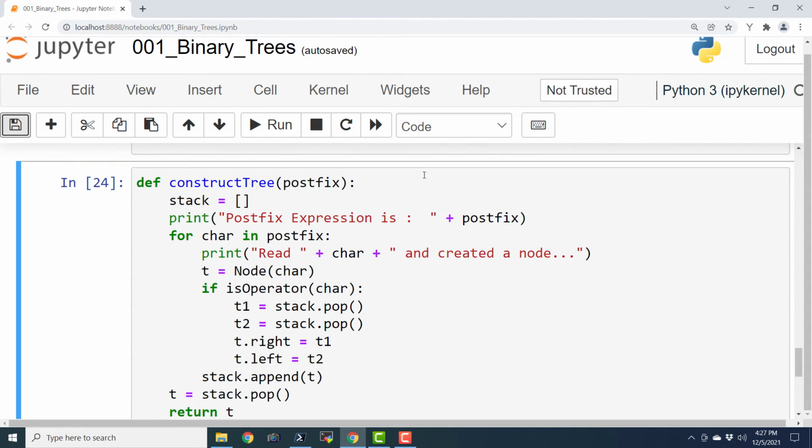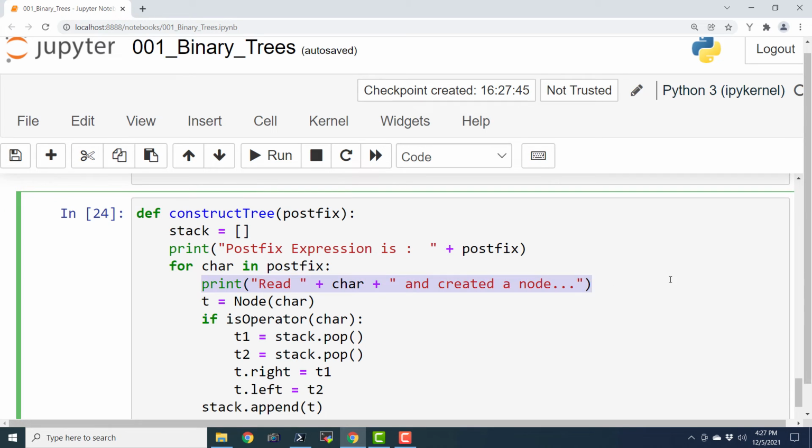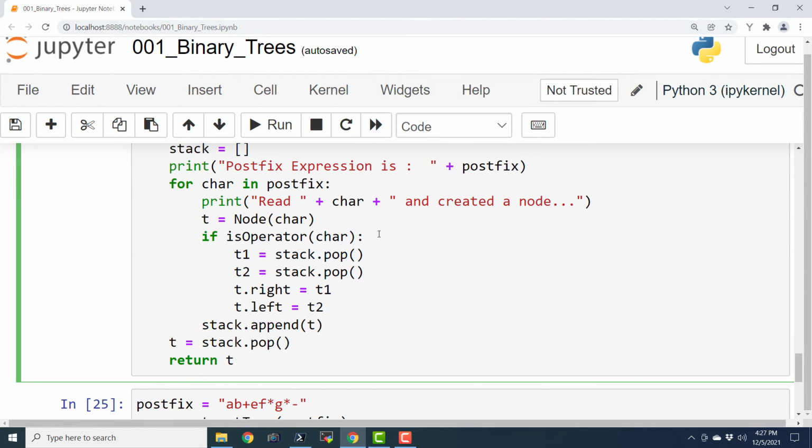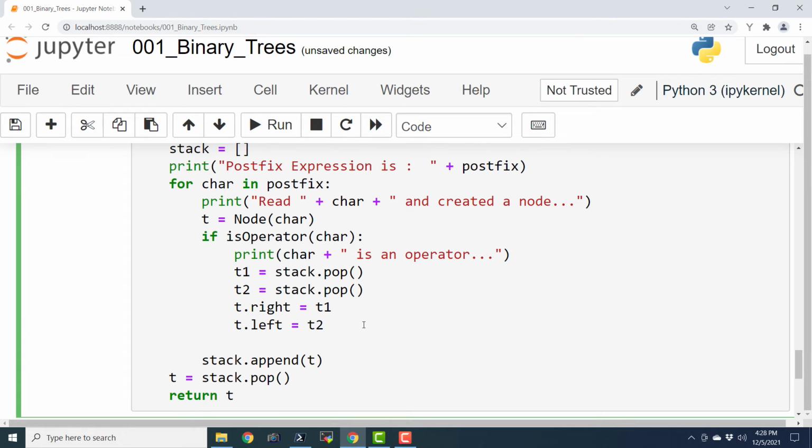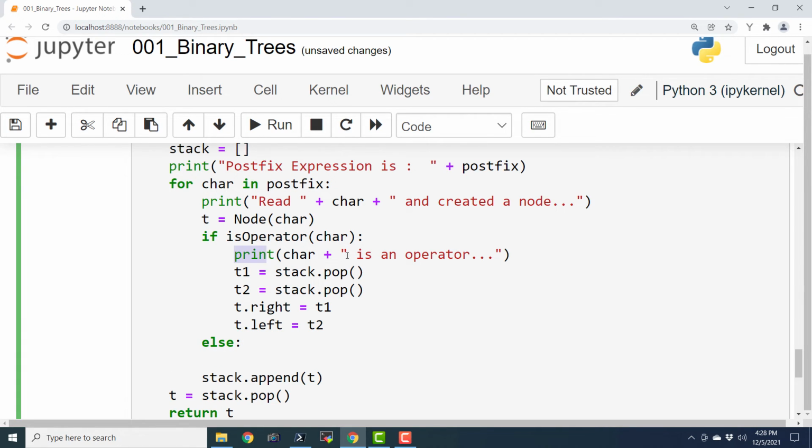So let me save this, and see here we have created a node, and then we are saying here print char is an operator. Okay, and here I'm going to add the else part, else the character is an operand.